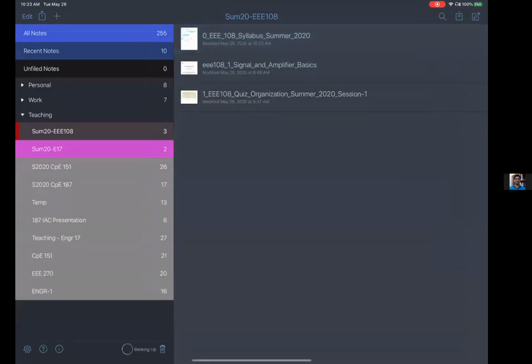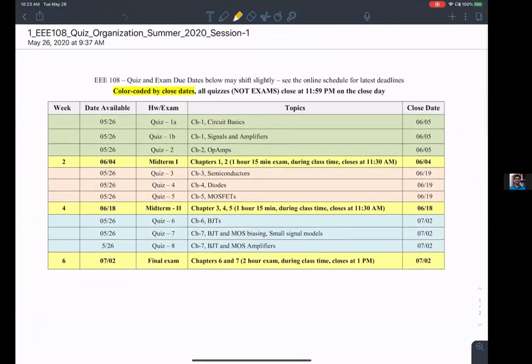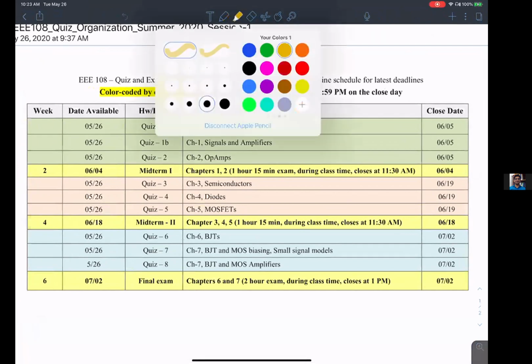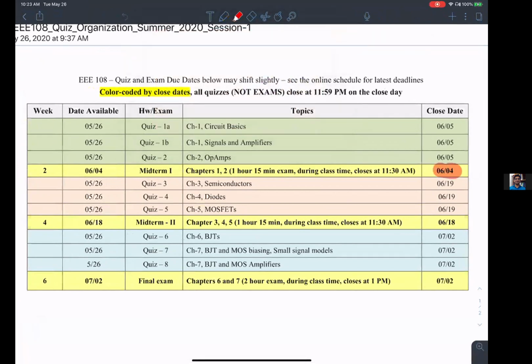Okay, what you want to pay attention to is this guy. It's a color-coded document, and the point I want to emphasize is that the schedule is weaved around, created around these exam deadlines. So if you look at midterm exam 1, which is on 6/4, then look at the rows above it, you'll see that 3 quizzes, quiz 1, 1B, and quiz 2, they're all due on the